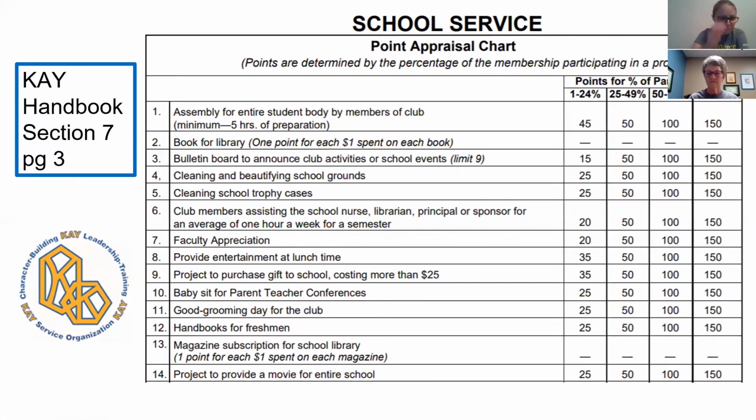And then you'll notice to the right, there are columns of numbers under points for participation, points for percent of participation, lots of P's there. And there's different percentages that you will use there. This is why it's so important to make sure you keep track of the attendance and participation at all activities, because you will need to figure your club participation in order to find your point value for each activity. So we are going to actually practice that now.